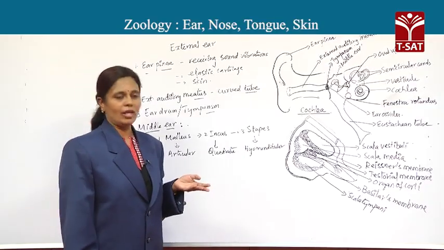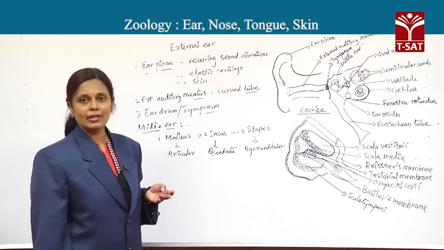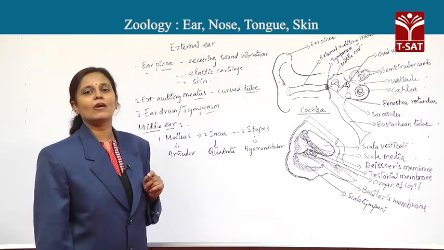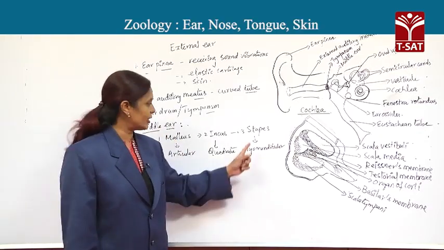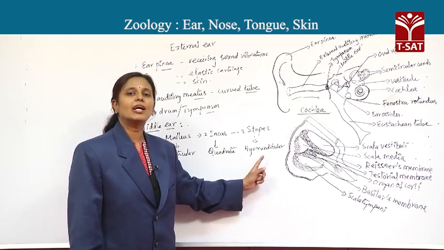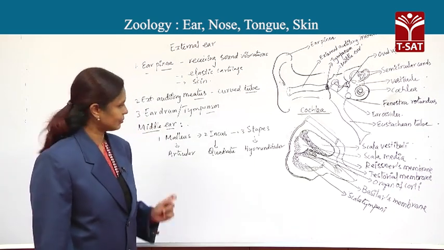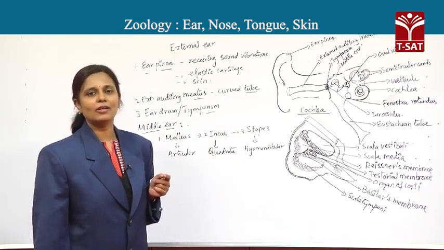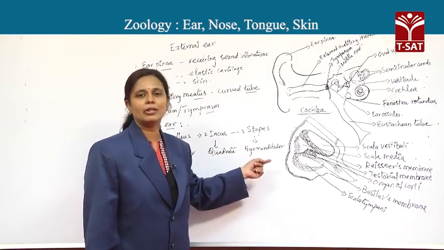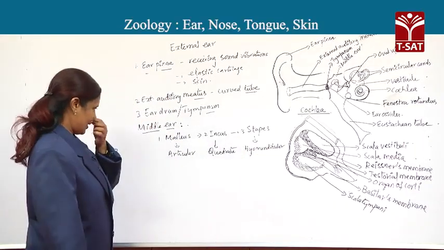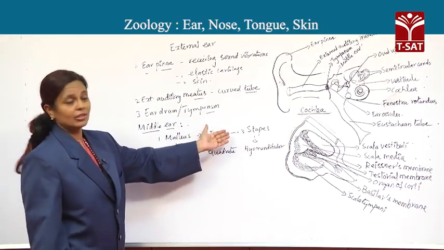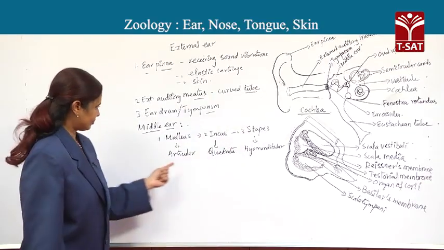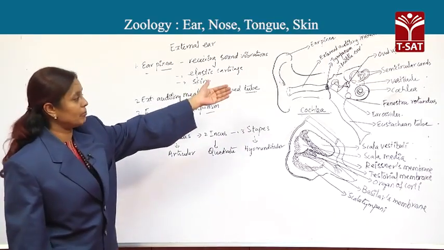When we go back to amphibians, reptiles and aves, the only ear ossicle present is columella oris. That columella oris is nothing but a modified hyomandibular bone. That means the stapes is comparable to columella oris based on its embryonic origin. Next, of course, also function. This is also playing a role in transmission of sound vibrations from the external ear, that is from the tympanum to the